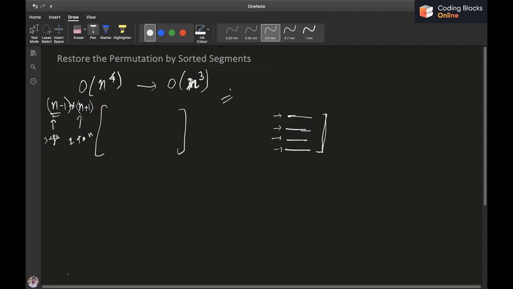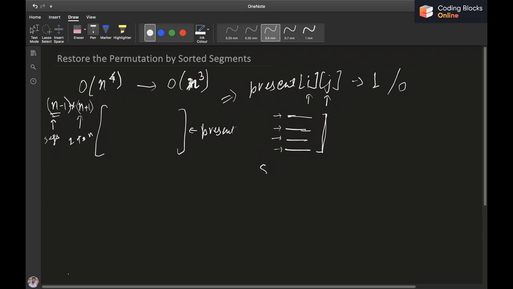Let's call it present of i j, where present of i j is going to be 1 if the element j is present in the ith segment, or 0 if it's not.